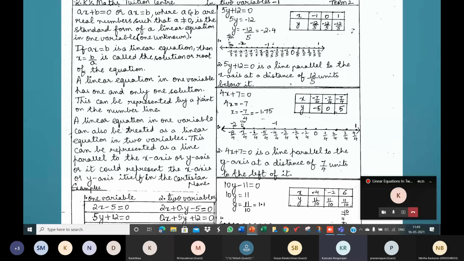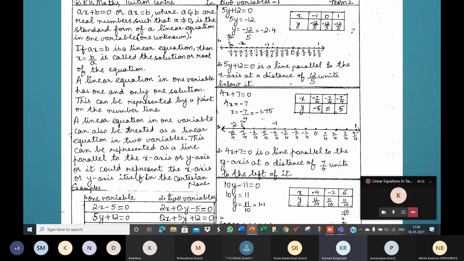On solving, we get some value for x. Now, when you solve x plus 2 is equal to 0, we get x is equal to minus 2. Minus 2 is the only solution of the equation x plus 2 is equal to 0. What do we understand by that? That means in the equation x plus 2 is equal to 0, in place of x, when you use minus 2, the equation is satisfied. Minus 2 plus 2, 0.